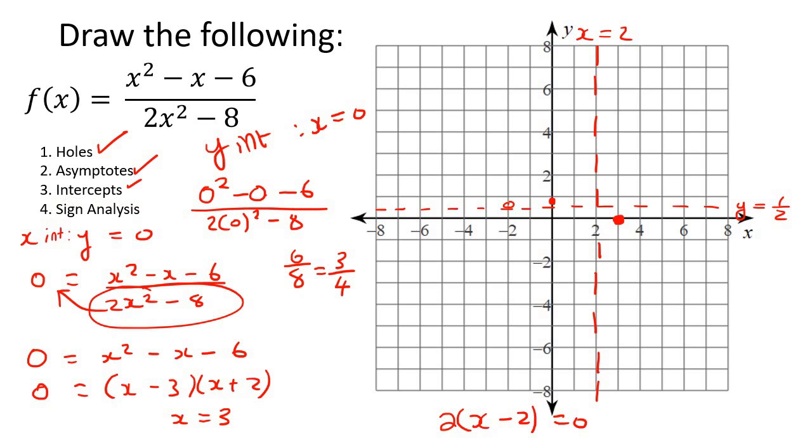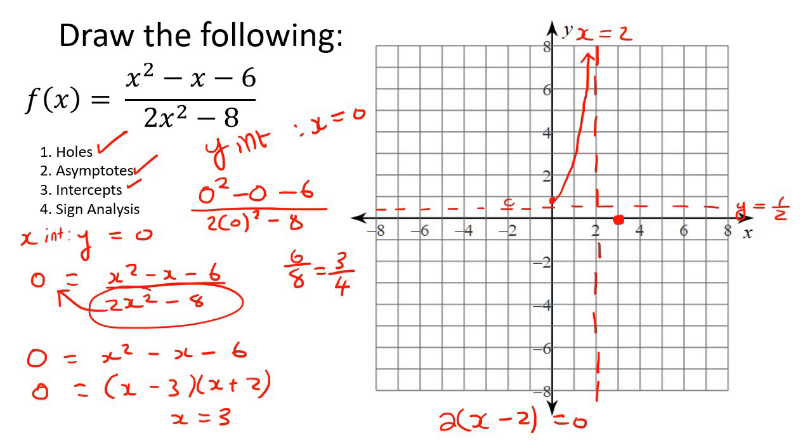Now we just need to use sign analysis to see what happens along the vertical asymptote. Remember I showed you in the previous example that, I mean, this one's going to be pretty easy to see, to be honest. It's either going to go up or it's going to go down. It cannot go down because I can see that the graph already has a y-intercept, which is above this line. So the graph is going to have to go up. If you say, yeah, but it's going to go down, it cannot go down because then it wouldn't go through that point, so that wouldn't make sense. So this graph is going to go,